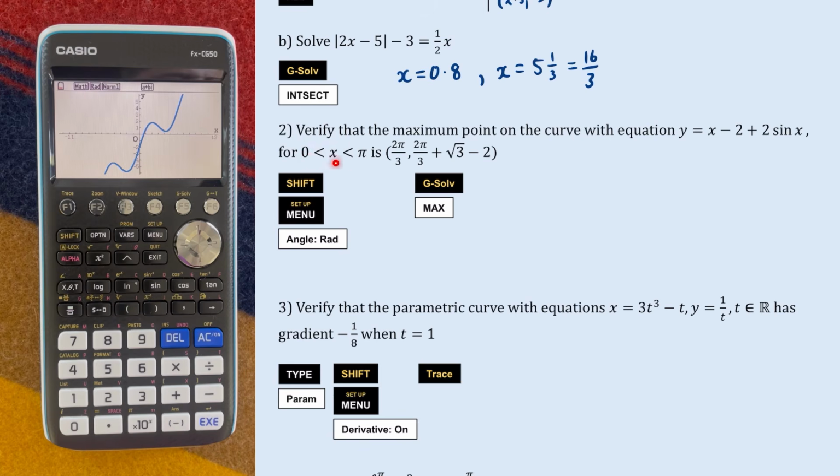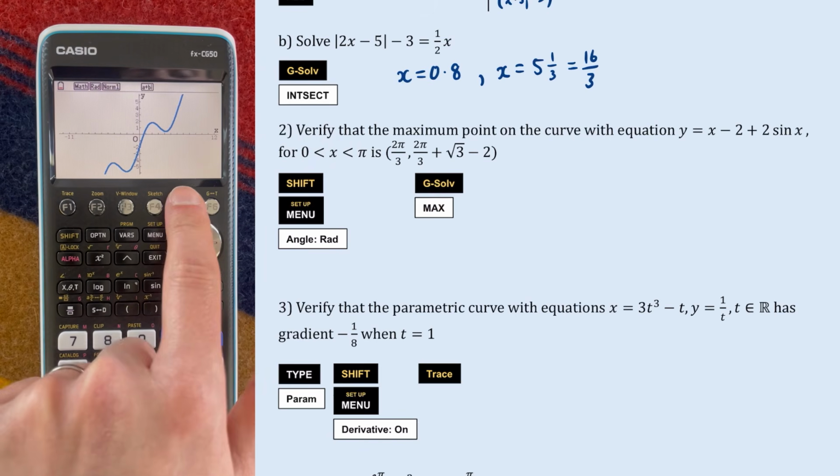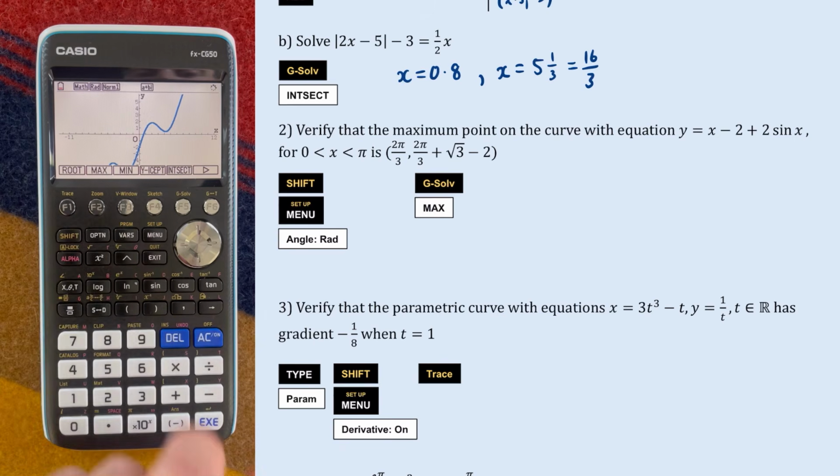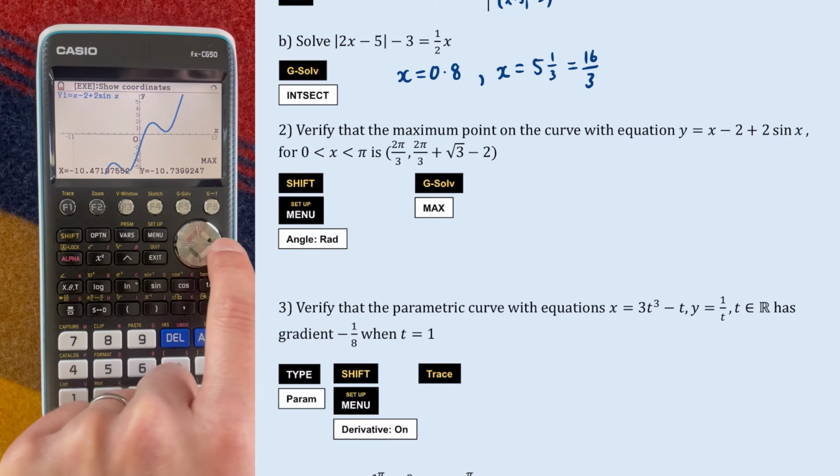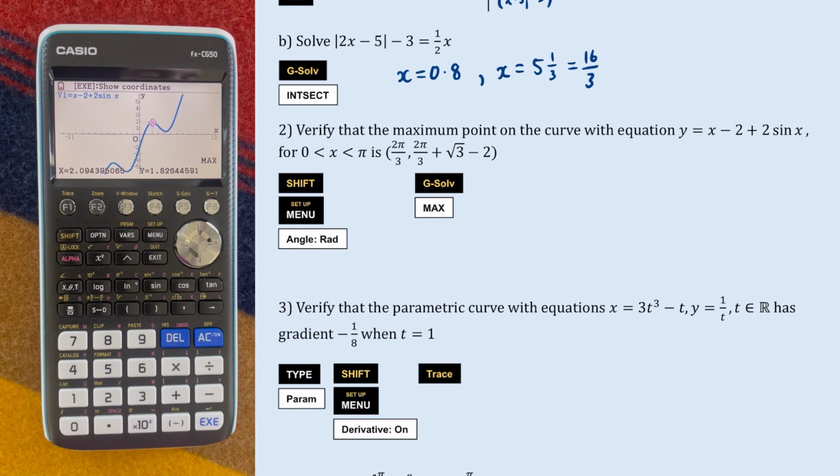So we want to find the maximum point when x is between 0 and pi. So I'm going to use G-Solve again, and I'm going to hit max. And this one down here, well, that's not between 0 and pi. So I'm going to scroll across. There we go. So it's only going to verify that it's this, because actually, if you look what I've got here, I've got that x is equal to